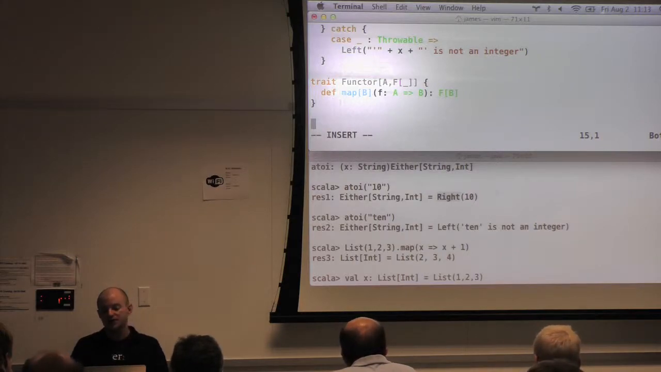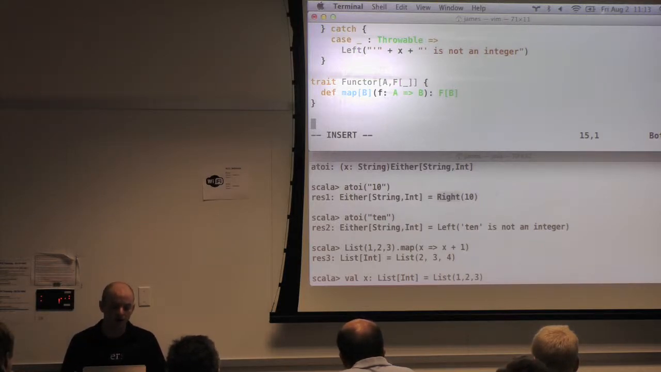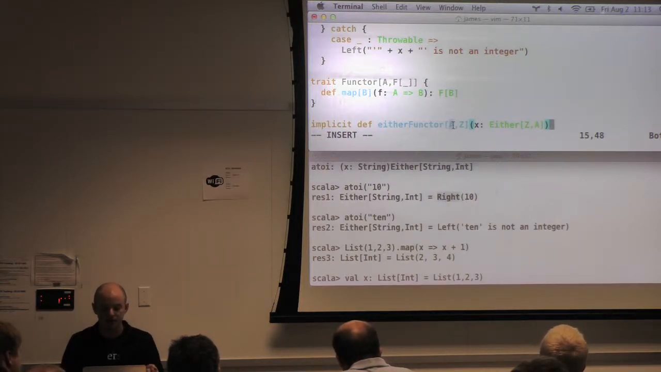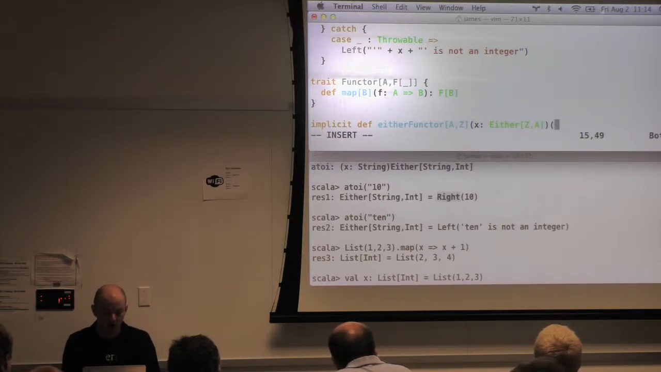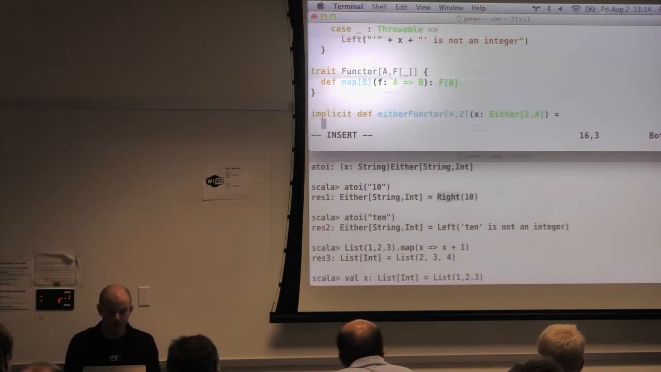So just to make this easy to use, I'll put it in an implicit conversion so that we can automatically add this map function onto any instance of either. Okay, so this is an implicit function that takes any either. And the reason I'm using these type variables is we will want to use the A later for our A to B function. But Z is sort of our error case. It's our invalid case. So it's not going to change. And you'll see that demonstrated shortly. So our implicit conversion takes an either, and it returns a new functor